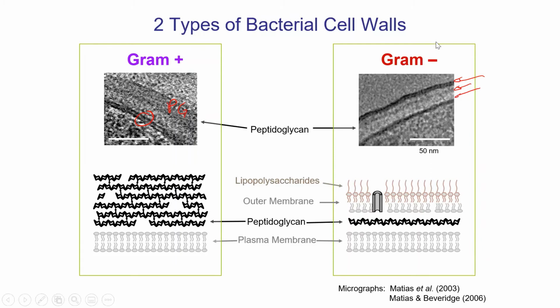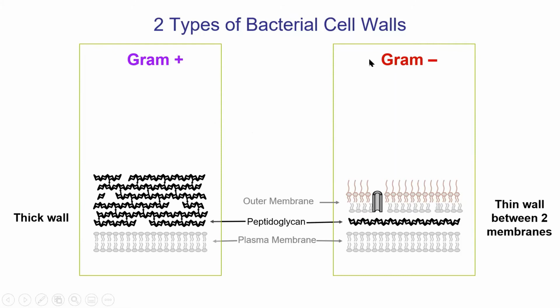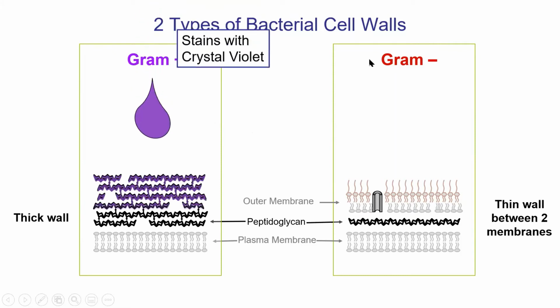So let's talk a little bit about the staining technique and how it works. We'll talk a little bit more about it in lab 4, so that will be next week, I guess. So the gram-positive, I said, takes up the stain. It's got this thick layer of peptidoglycan, and the stain will go in there and